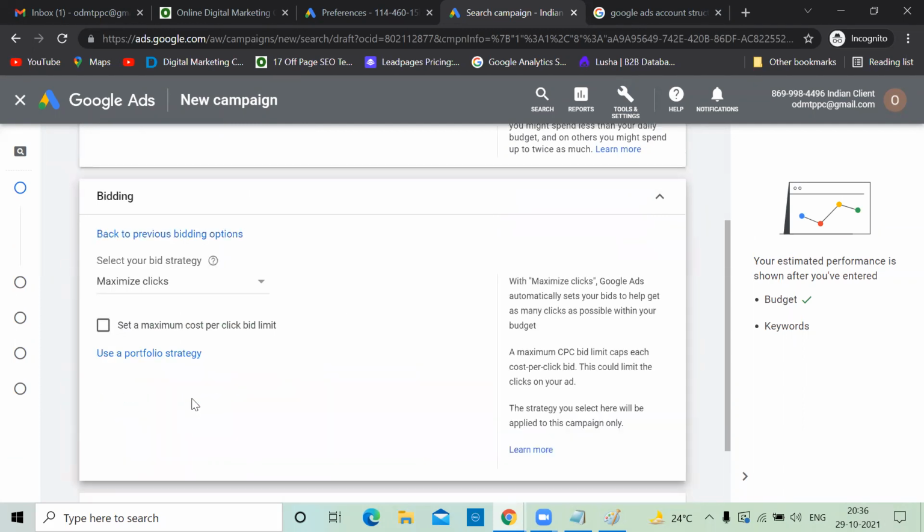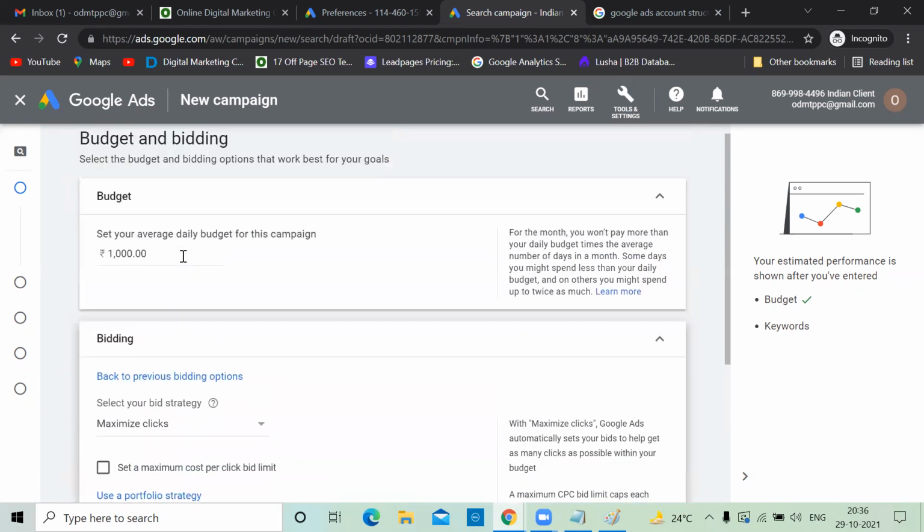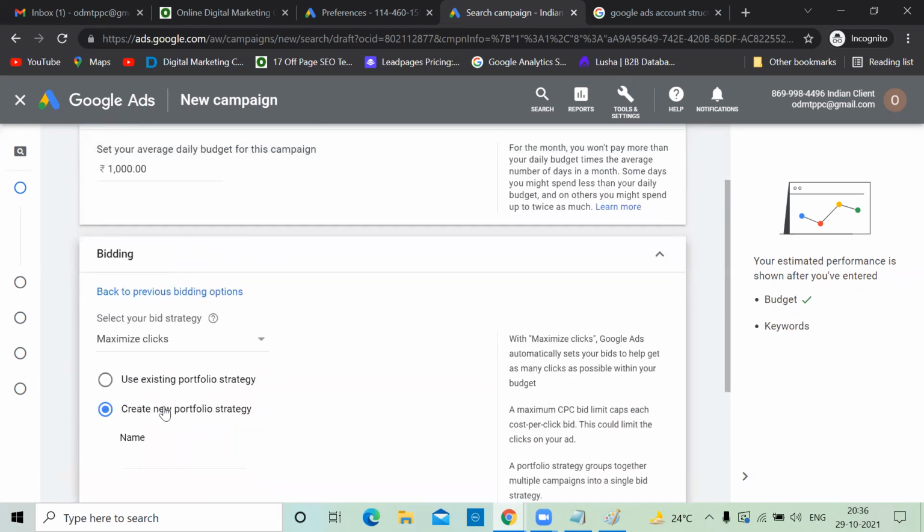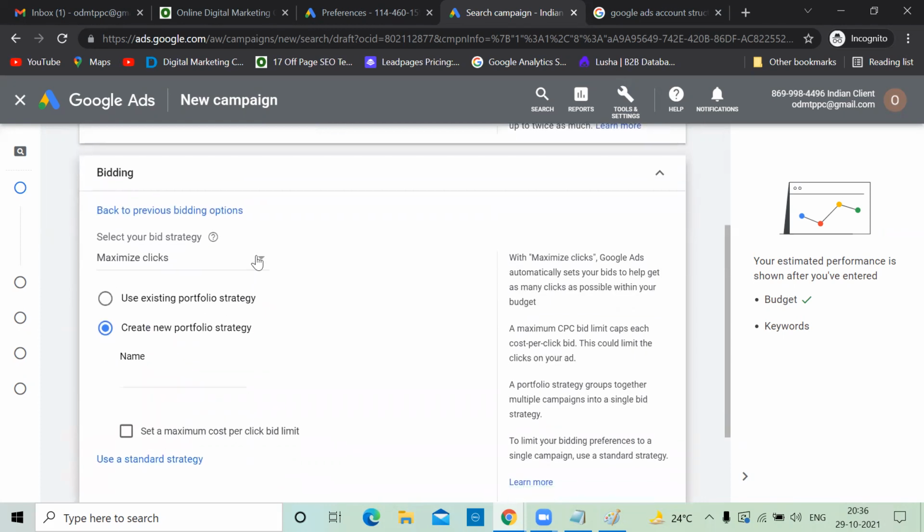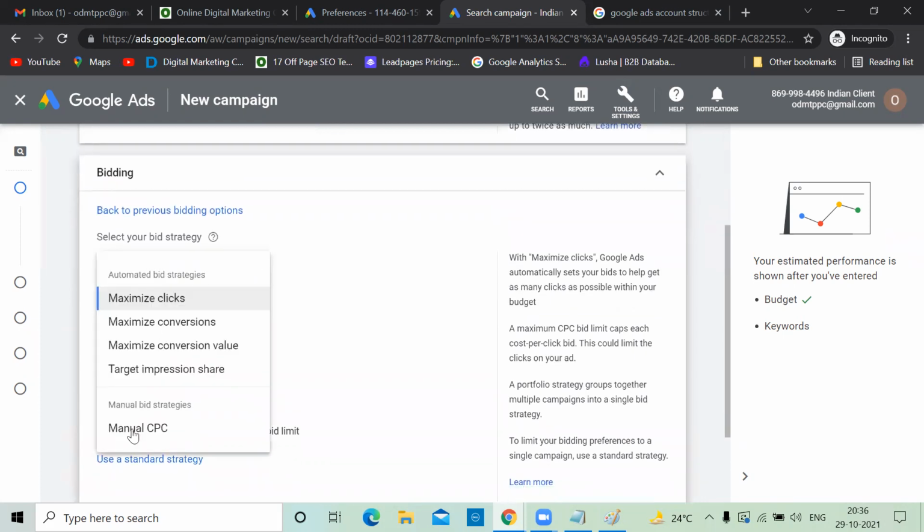Remember here, by default, some option is there. Just click on that and click here. There are two things, manual bidding and automatic bidding. Manual bidding is nothing but bidding will be in your control, whether you want to mention 1 rupee, 2 rupees or 200 rupees. Whereas in automatic bidding, control will be with Google.